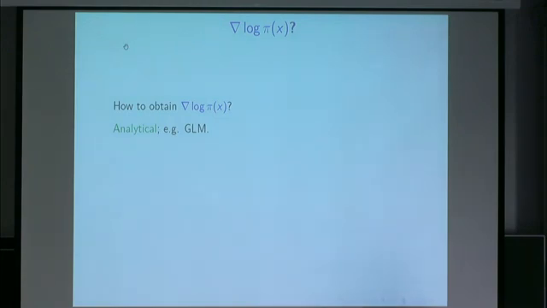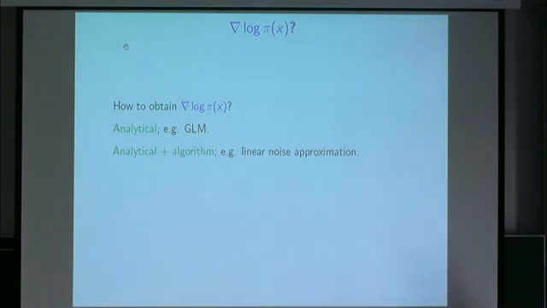Okay, so we didn't have to do the Poisson process for thinning, but we still have to calculate grad log pi at a bounce point to get the tangent hyperplane in order to actually bounce off it. Now, how do you get that? Well, if you've just got a GLM or something, that's analytical. It's fine.